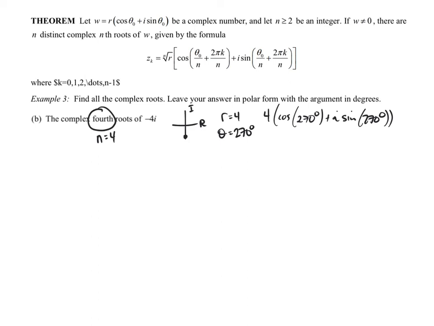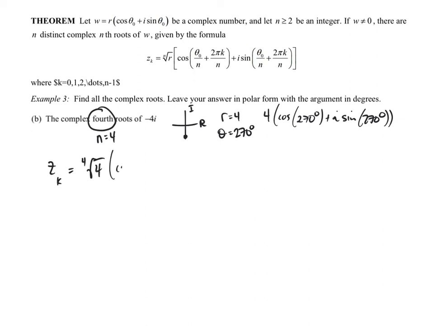Okay, so now what we're going to do is find our general formula, only this time for the complex fourth roots of negative 4i. So when I say general form, I'm just going to write z sub k and write one formula that would represent all of the fourth roots. So this is going to be the fourth root of 4,